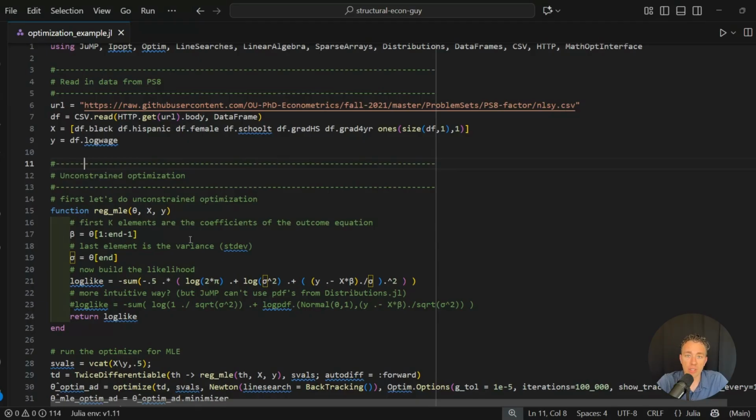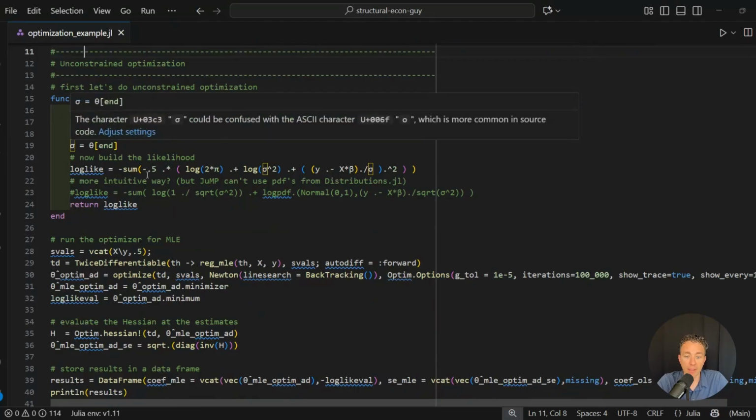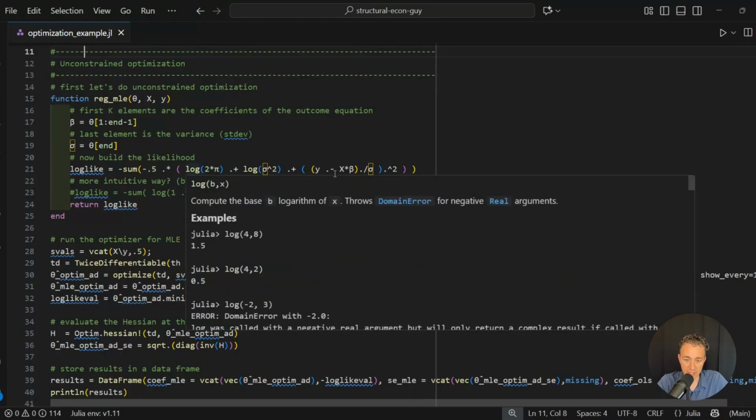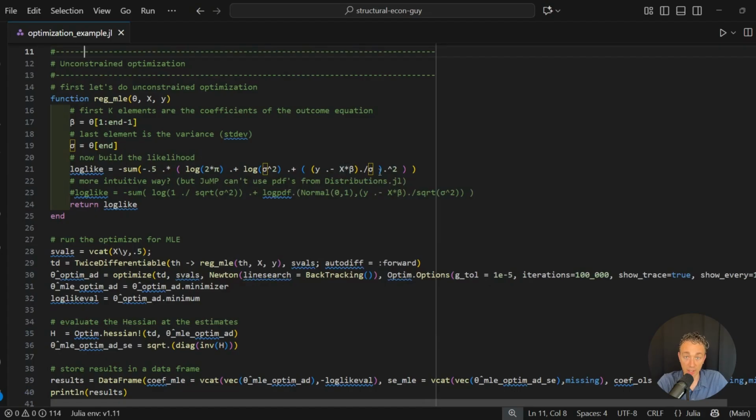So we assume that the errors in the regression model are normally distributed, and then that allows us to specify a likelihood function that we can then maximize. And that likelihood function is just the normal PDF. Take the log of it, add it up over all the observations in my data, then take the negative since we want to minimize the negative log likelihood function. And once you distribute the log through, it actually has this nice linear function. It looks a lot like the least